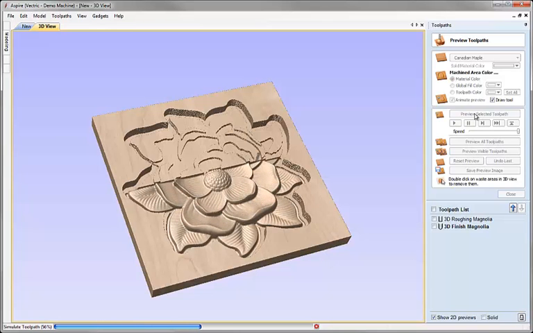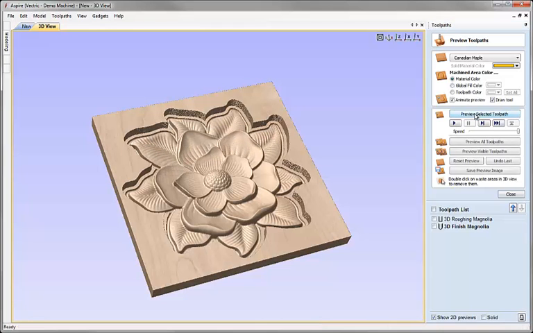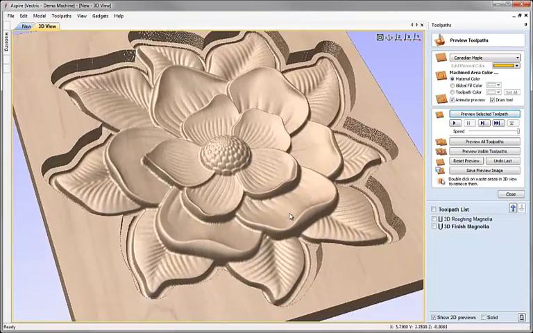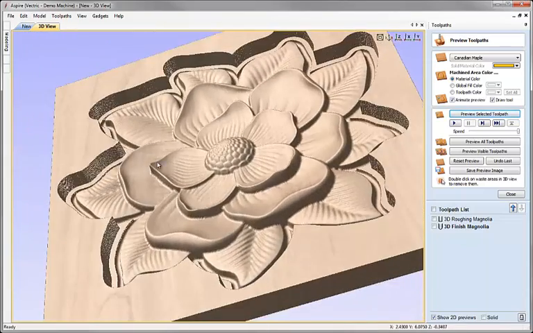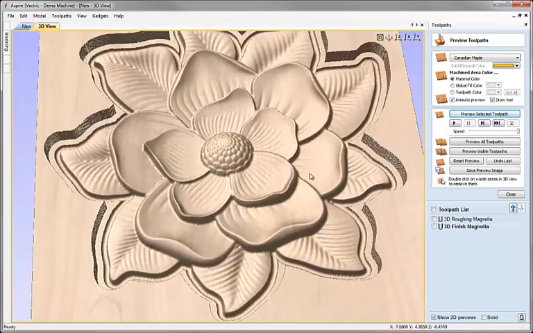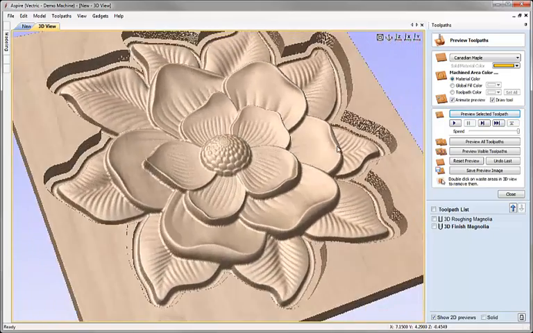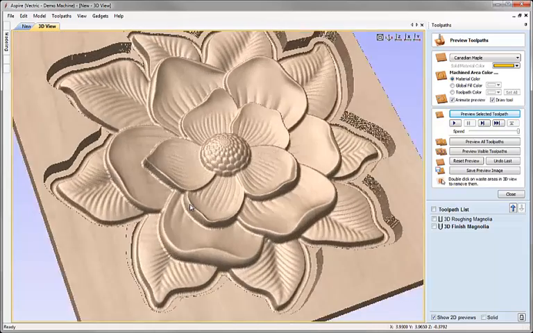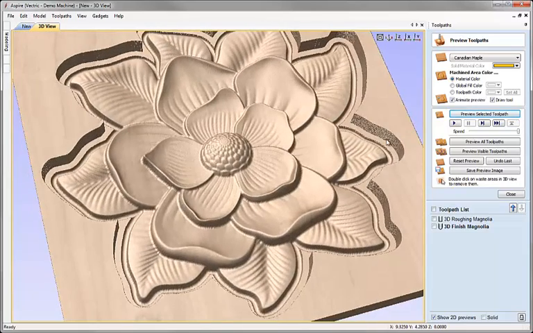So now what we're seeing is the toolpath we've calculated and the finished part exactly as it will be, with respect to the size of the tool we've entered and the marks that the tool may leave on the part based on things like the step over and the radius of its size. Now we can zoom in on this, check the finish, and see exactly how that part's going to look. If we're happy with the quality of the cut and the fact that it's going to look okay based on the parameters we've entered, we can go ahead and calculate our final toolpath, which is the